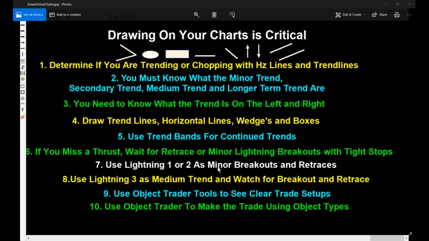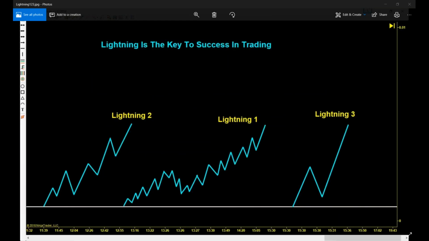Okay, then you use Object Trader tools to see the clear trade setups, and then you use Object Trader itself to make the trade using the object types. It makes it real simple. And if you'll actually put this into memory right here, this is going to help you an awful lot to trade. Okay, now there's quite a few people here on trial tonight even, so what I want to show you next is what you want to look at as far as these little minor trends. Okay. Now, when I talk about,